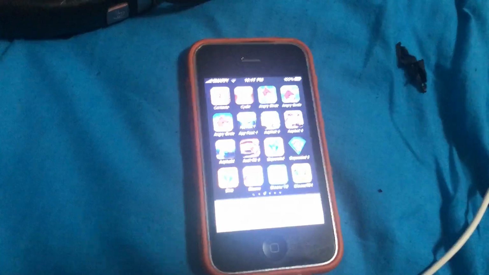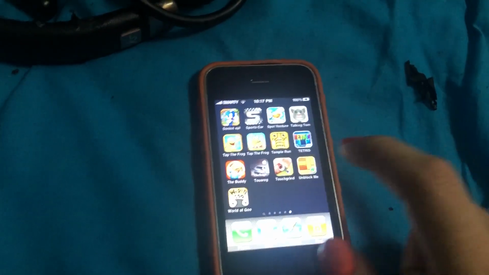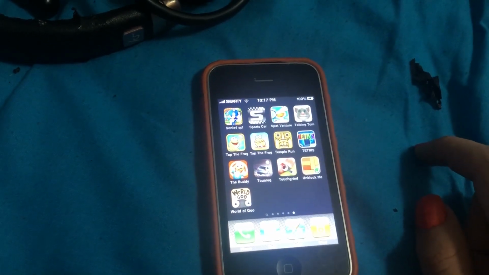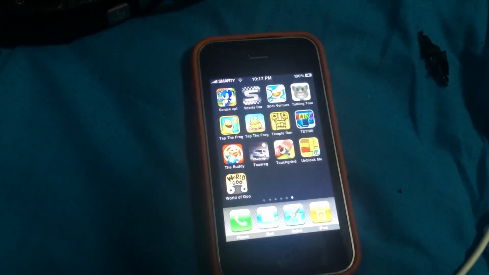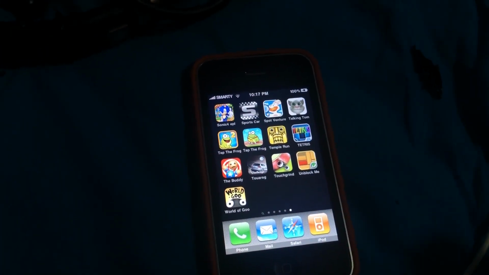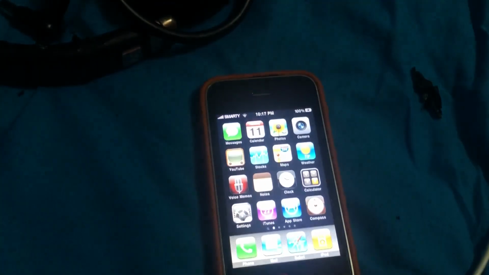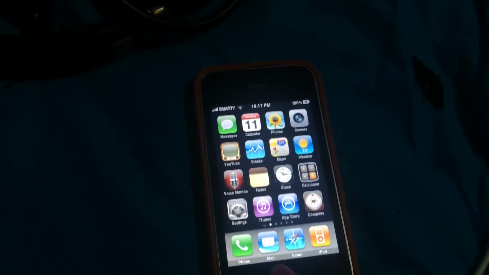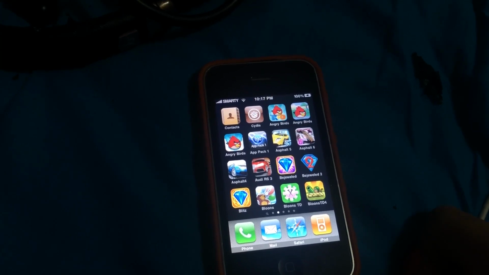Let's get to work. Okay, so I've side-loaded a couple of stuff on here, as you can see. Just a couple. I'm missing a bit of App Store stuff though, because the App Store is, as far as I'm aware, dead on the old iOS versions currently. I don't know what's going on, but that's just how it is. But yeah,